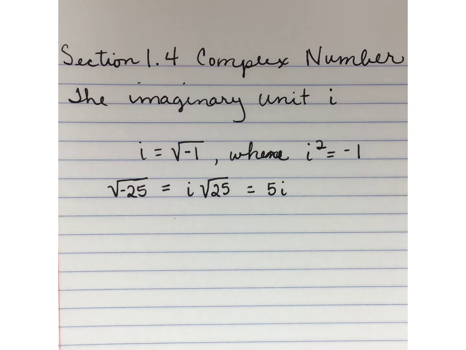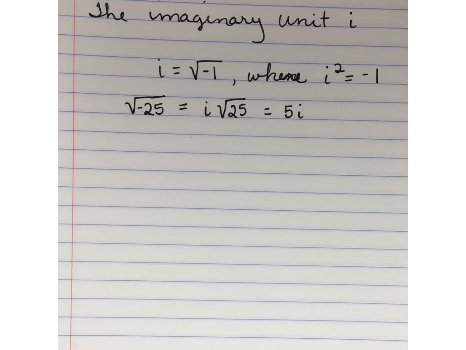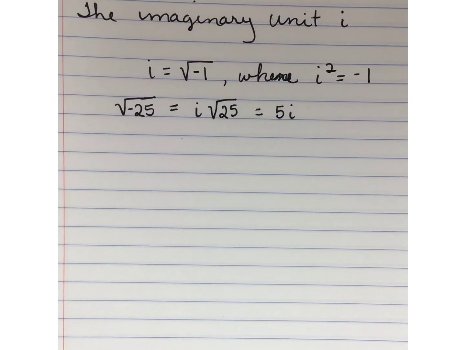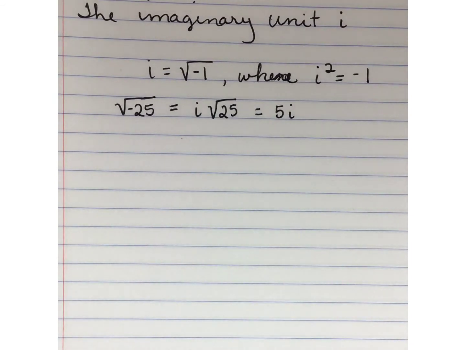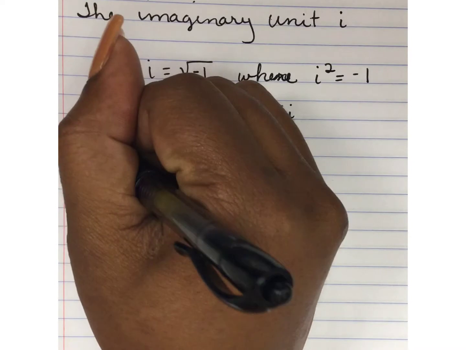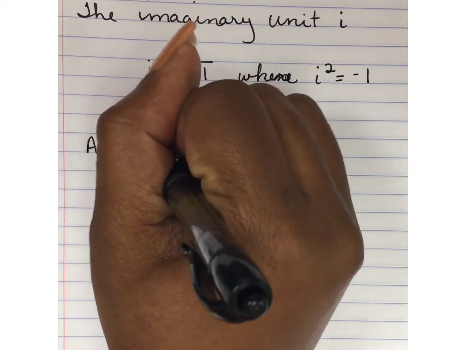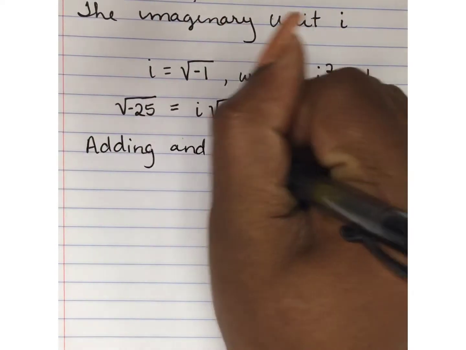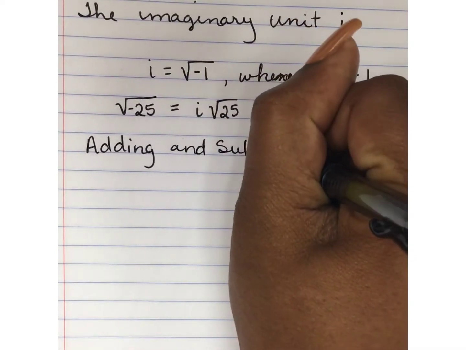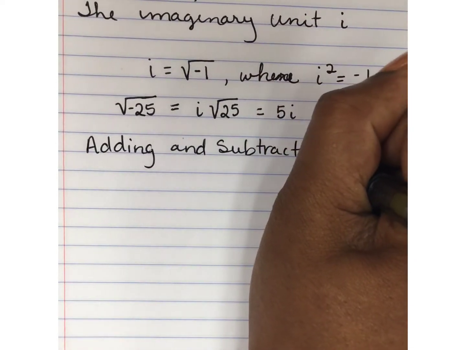Now, we are going to add and subtract imaginary numbers. I always say something corny like, keep the real numbers with the real numbers and the imaginary unit numbers together. Real go with real, fake go with fake. So the real numbers, you combine those. The imaginary numbers need to be combined. So whenever you're adding and subtracting complex numbers,